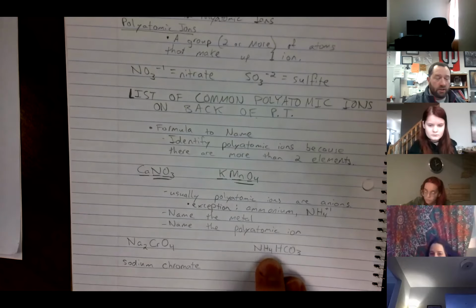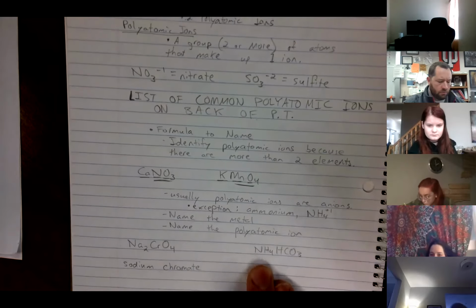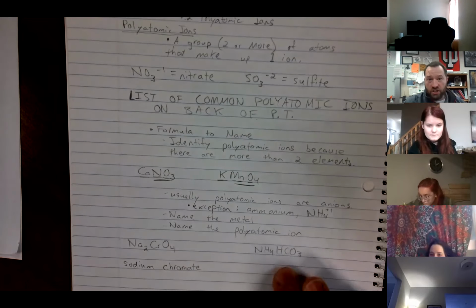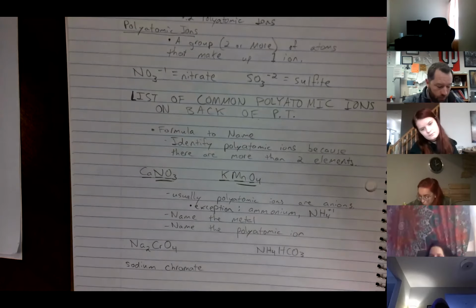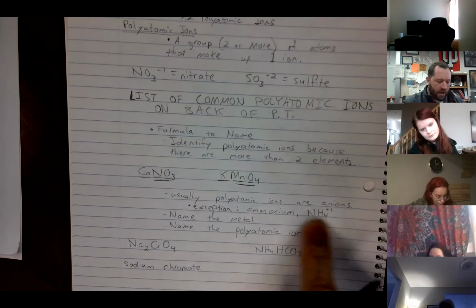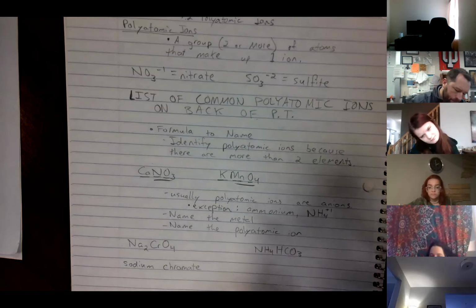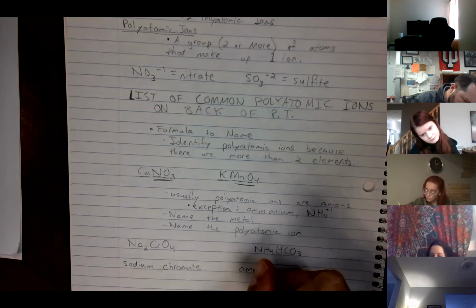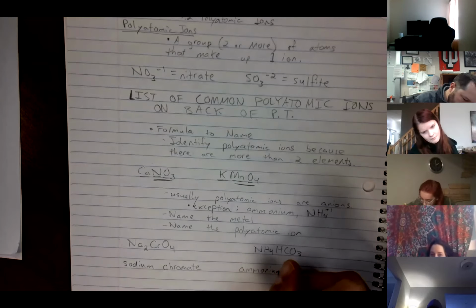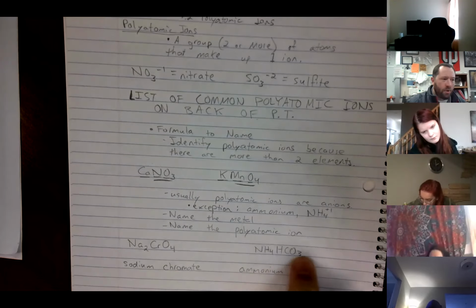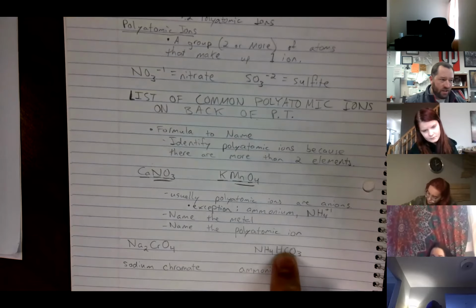Man, this is a big one. A lot of letters in this one. N, H, H, C, and O. That's a really big one. All right. So, hey, right off the bat there, here's our one exception. Here's our NH4. So that's ammonium. And then we've still got a whole bunch of letters after that. So that probably means here's